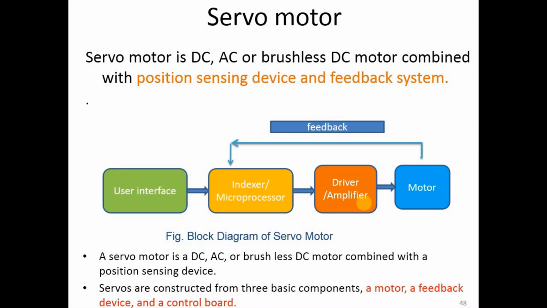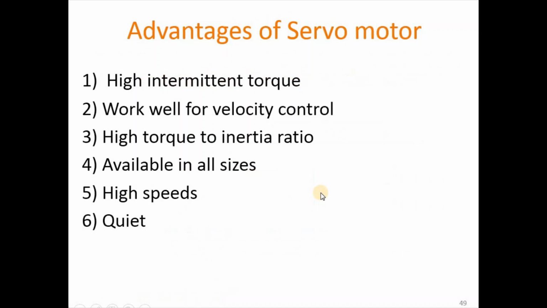With NC part programming, they give the input as a program, they convert it into coded instruction, decode the instruction, and send it to the indexer. The indexer creates the pulses and provides them to the driver, and the driver gives signals to the motor, which converts them into mechanical shaft energy. If any error happens here, they will give feedback from the microprocessor to the indexer again. They will check that program, correct it, and send it again to the driver. Like this the cycle will continue.